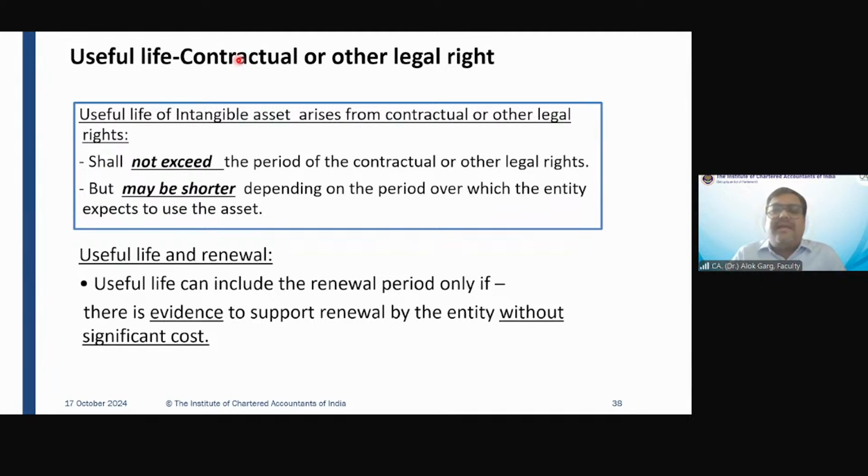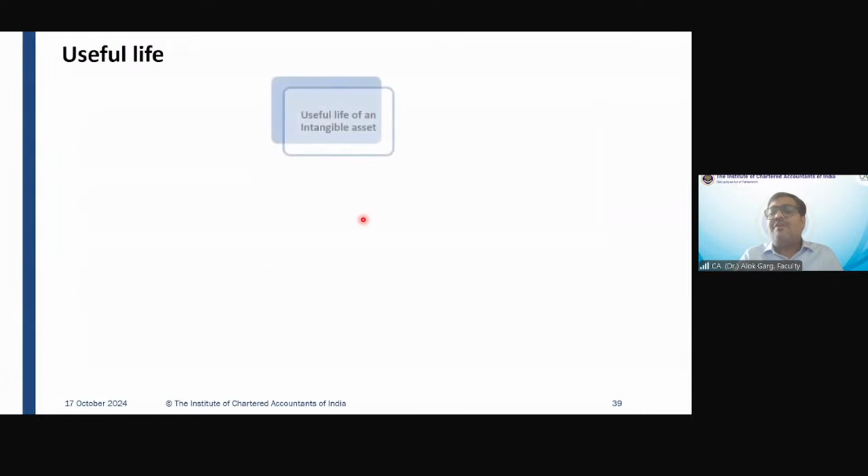Students, the standard says that the life of the intangible asset cannot exceed beyond contractual life, but it can be shorter than the contractual life. If the company expects that the future economic benefit will be for a lesser period, the company will be able to use the asset for the lesser period. In that case, that lesser period will be the useful life of that intangible asset, right? So in this particular case, it has to be 8 years and the amortization is 1 crore divided by 8, which is 12,50,000 every year. Okay. Correct. So this is what it is.